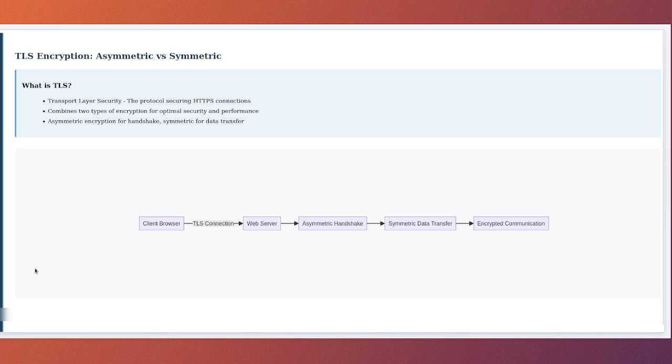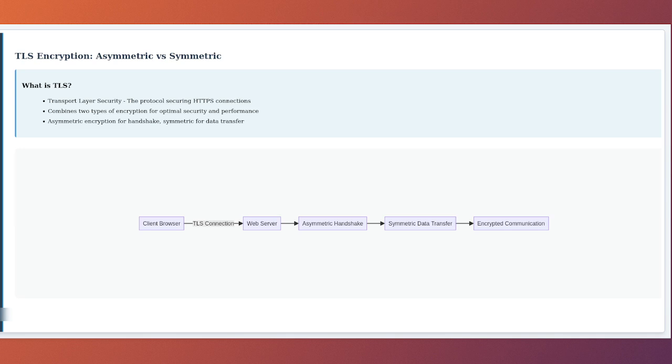Think about this for a moment. When you connect to your bank's website, how does your browser establish a secure connection with a server it's never communicated with before? How do they agree on encryption keys without anyone listening in being able to intercept them? This is the fundamental challenge TLS solves, and it does so through a carefully orchestrated dance between asymmetric and symmetric